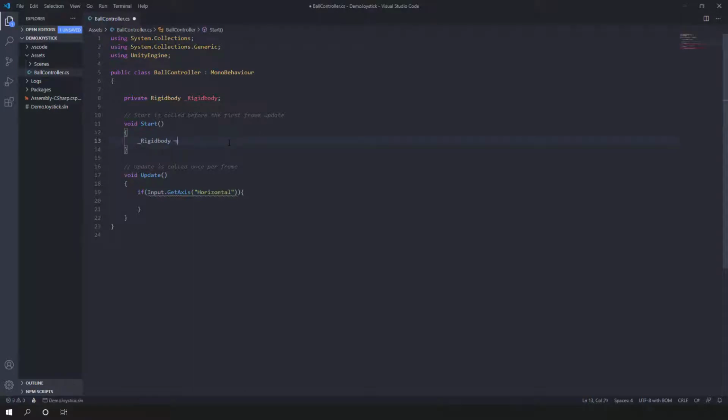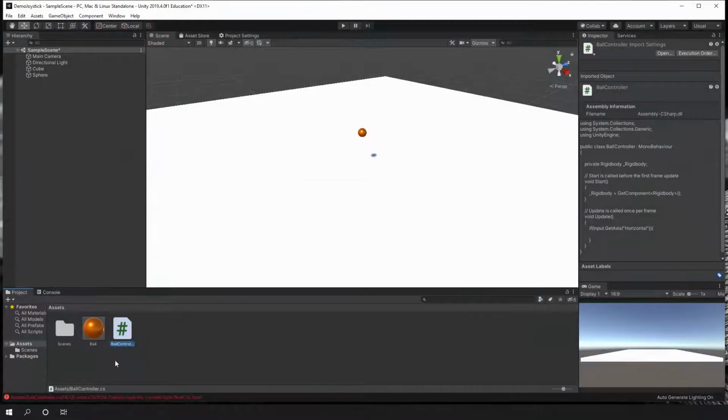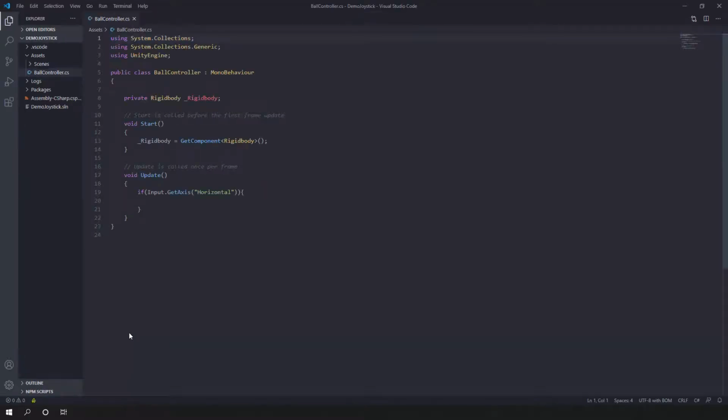Let me close it. That issue that is appearing is because GetAxis gives us a float.